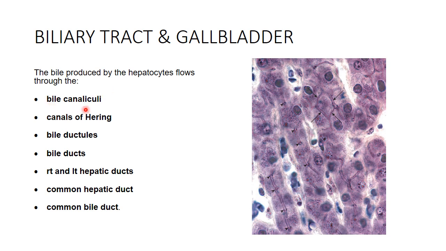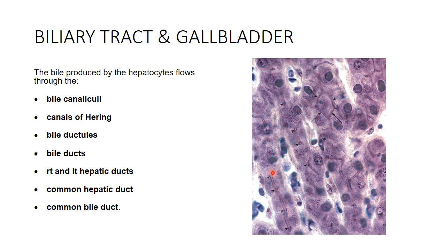So starting with the bile canaliculi, as you know from the previous lecture, the bile canaliculus is the smallest branch of the biliary tree, and it's formed by the opposed grooves in the surface of adjacent hepatocytes. As you can see here, we have two